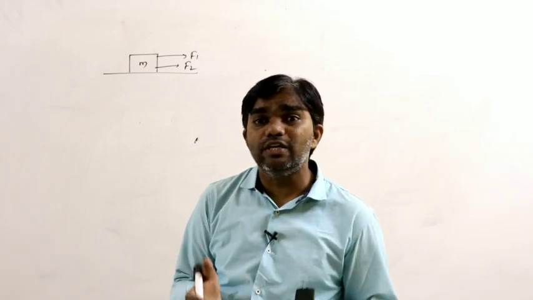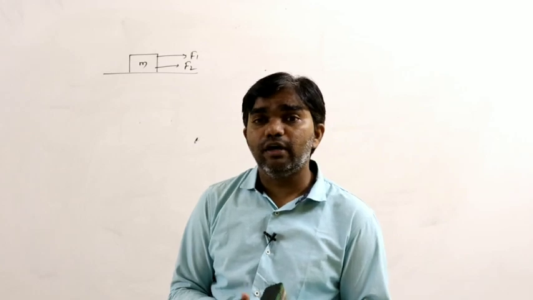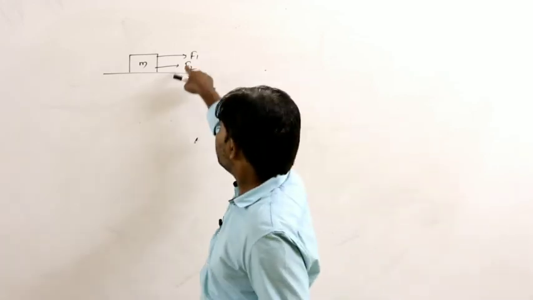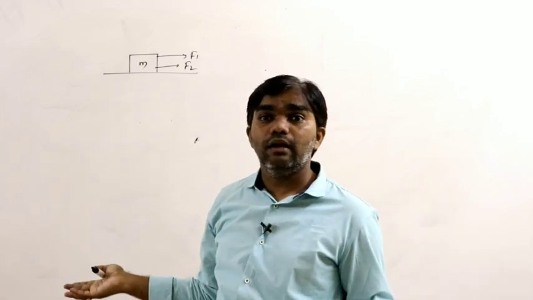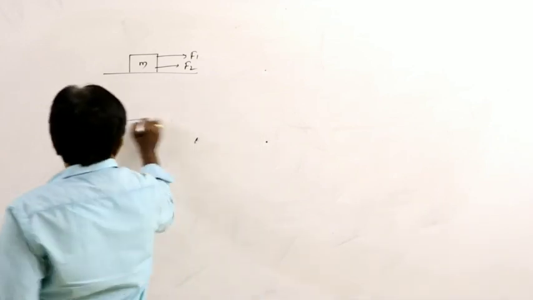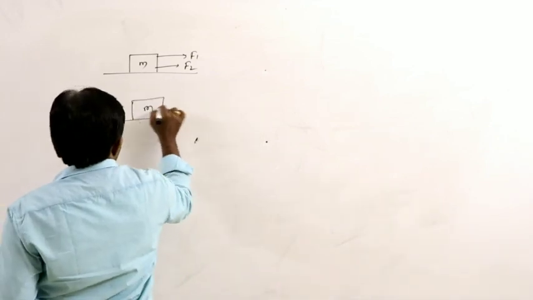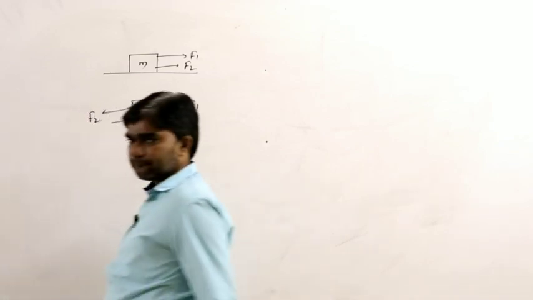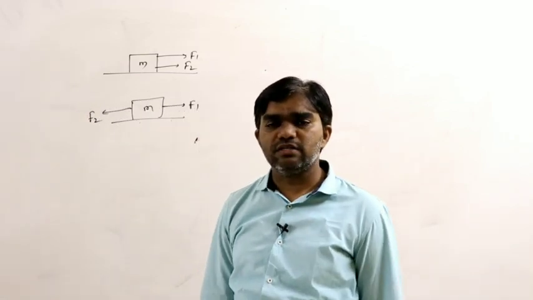That means the angle between P bar and Q bar is 0. When it is 0, the vectors are parallel, and here F1 and F2 are also parallel. Like that. Next, if the body is marked with F1 and F2 like this,